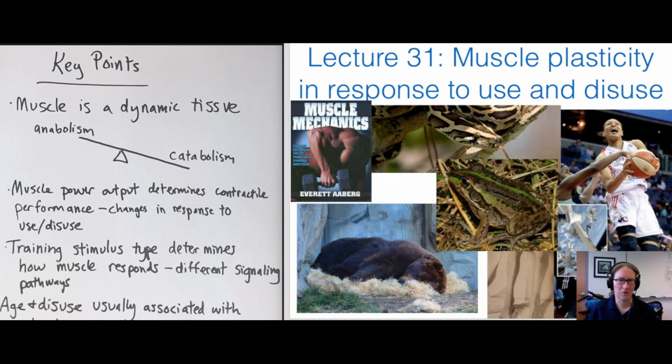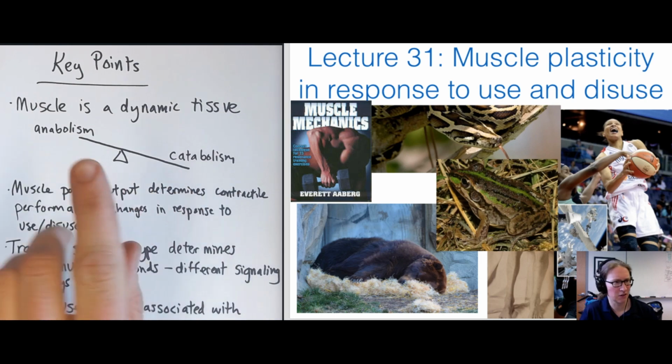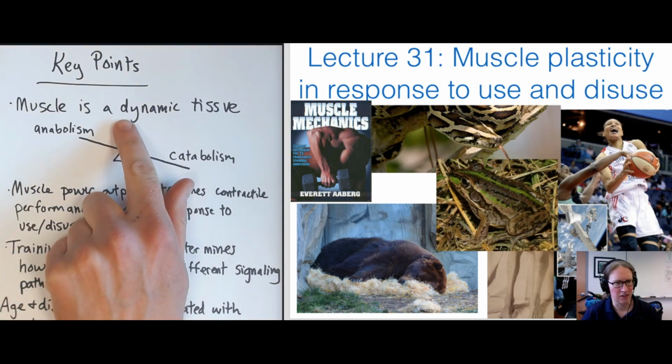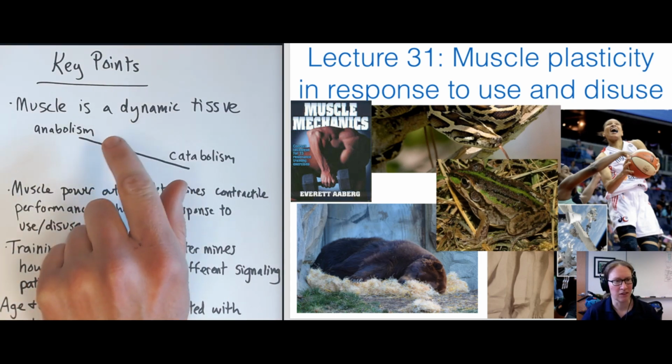All right, welcome to my video on the topic of muscle plasticity in response to use and disuse. This is based off of chapter 21 in Hill, Kavanaugh, and Anderson's Animal Physiology text. The key points we're going to cover in this video are the idea that muscle is a dynamic tissue, so